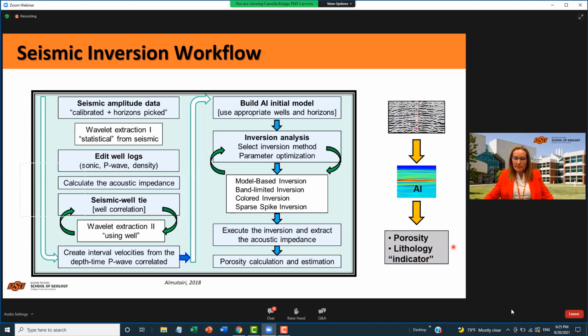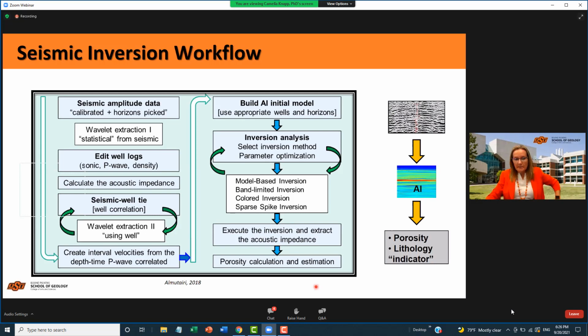Acoustic impedance provides a more detailed subsurface geologic image than the conventional seismic section, because the reflectivity coefficient on the conventional seismic section captures the layer interfaces, while the acoustic inversion is a layer-based property and focuses on the layers themselves, which is basically what we are looking at. However, extracting acoustic impedance properties from seismic data requires seismic inversion, which implies converting seismic reflection amplitudes into impedance profiles. And shown here is a workflow that was created by my student, Khaled Al-Mutairi, and we were able to replicate that, as I'm hoping to show today,